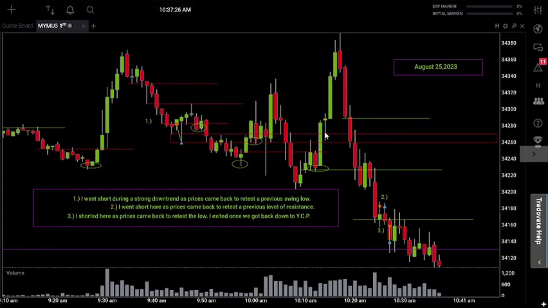But I think the great thing about this particular day was that even though I was 1 point away from getting into a great trade, I didn't chase it. I didn't see any other signals that told me that I should get into the market. So I just let it run. And I was like, look, there's going to be plenty of opportunity all day based on the volatility that we've seen all week. So it makes sense to just kind of sit back and wait for a better opportunity.